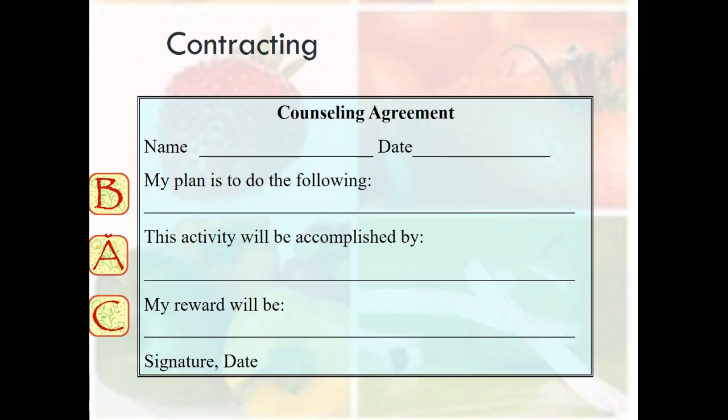Finally, it can be helpful to set up something of a contract with your client. Your client can actually write out their plan, and each of the steps in the behavior chain can be addressed. So what will be the healthy behavior that the client will engage in? How will they set themselves up for successfully engaging in this behavior through environmental cues or triggers, the antecedents? And finally, what kind of reward will be the positive consequence that they're aiming for? And again, that doesn't have to be something tangible. It could be the intrinsic reward of positive feelings or a sense of accomplishment, that type of thing.